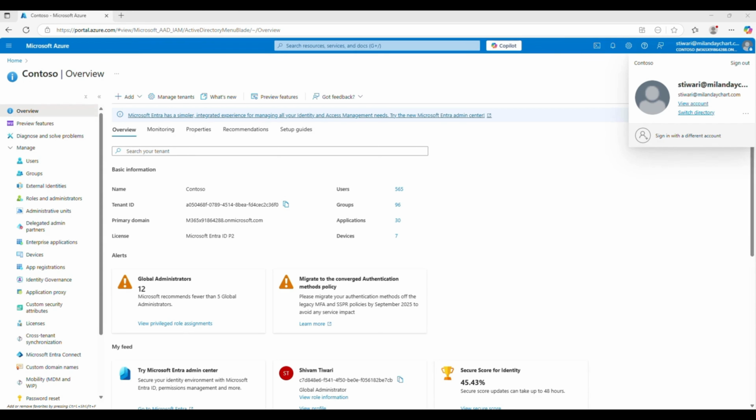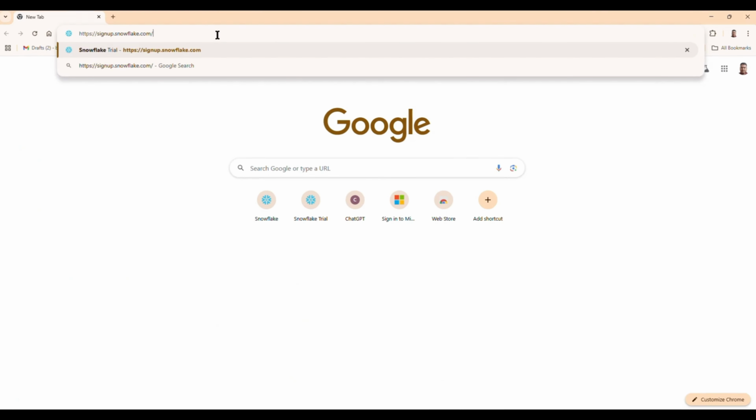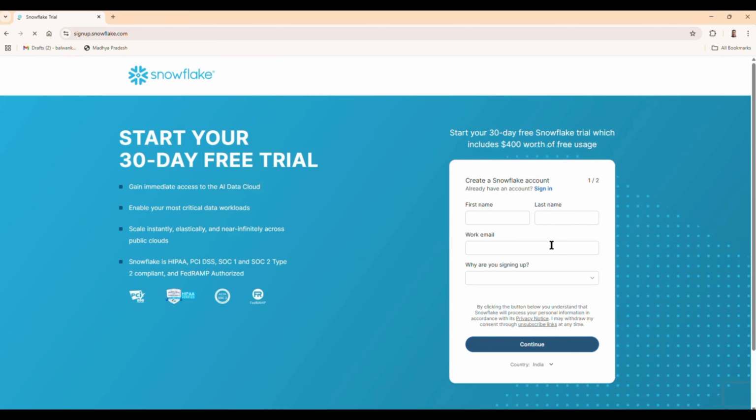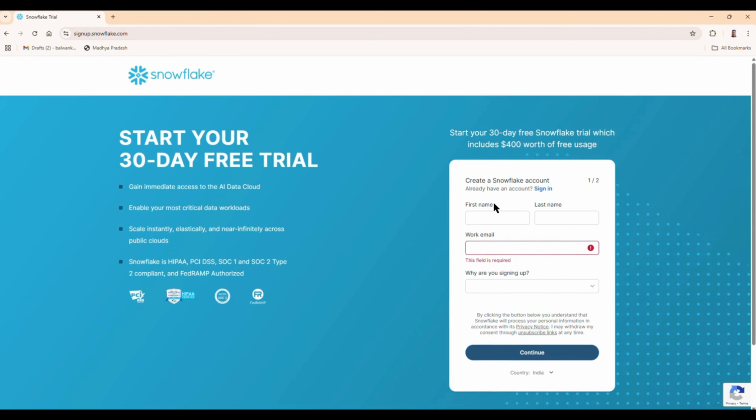For doing sign up, we will be using the URL signup.snowflake.com. When you enter this URL, you should have your work email address handy. Always remember, it will only take a work email address. That means you should be able to provide any company email address that you are working with, or if